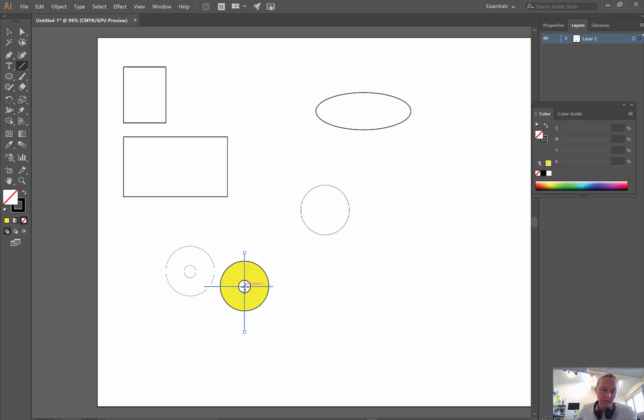You can see if I hold down, I can see also the angle of the line. So if I wanted to create a line at 45 degrees, I can move my cursor until I get to that point, or I could enter that by clicking the dimensions of the line and entering them